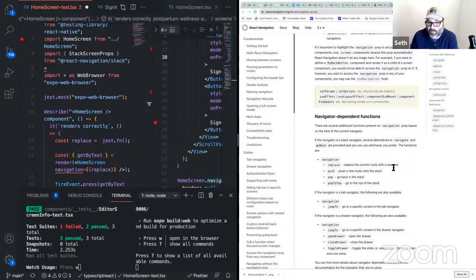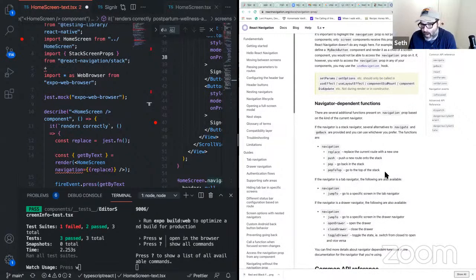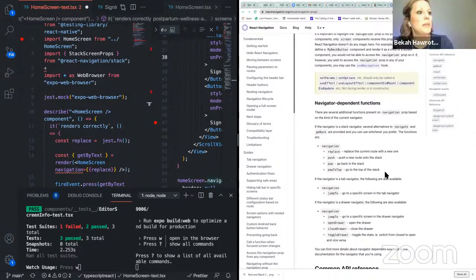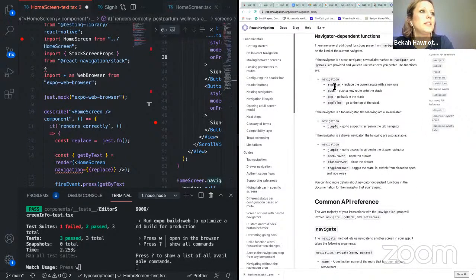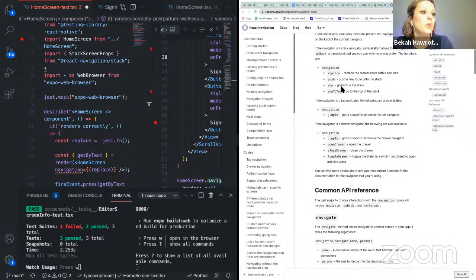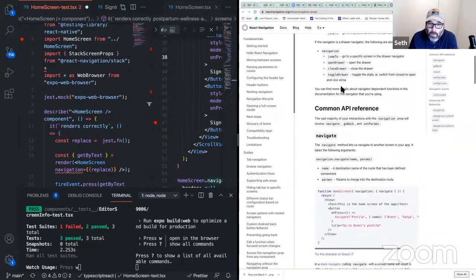Yep, and that's what I was saying. Replace versus push is different. Replace just replaces it in the history, and push adds it to the history. So we don't need to worry about replace and push. That doesn't matter in what we're doing right now. I wonder if it does, only because are we passing it the right thing?